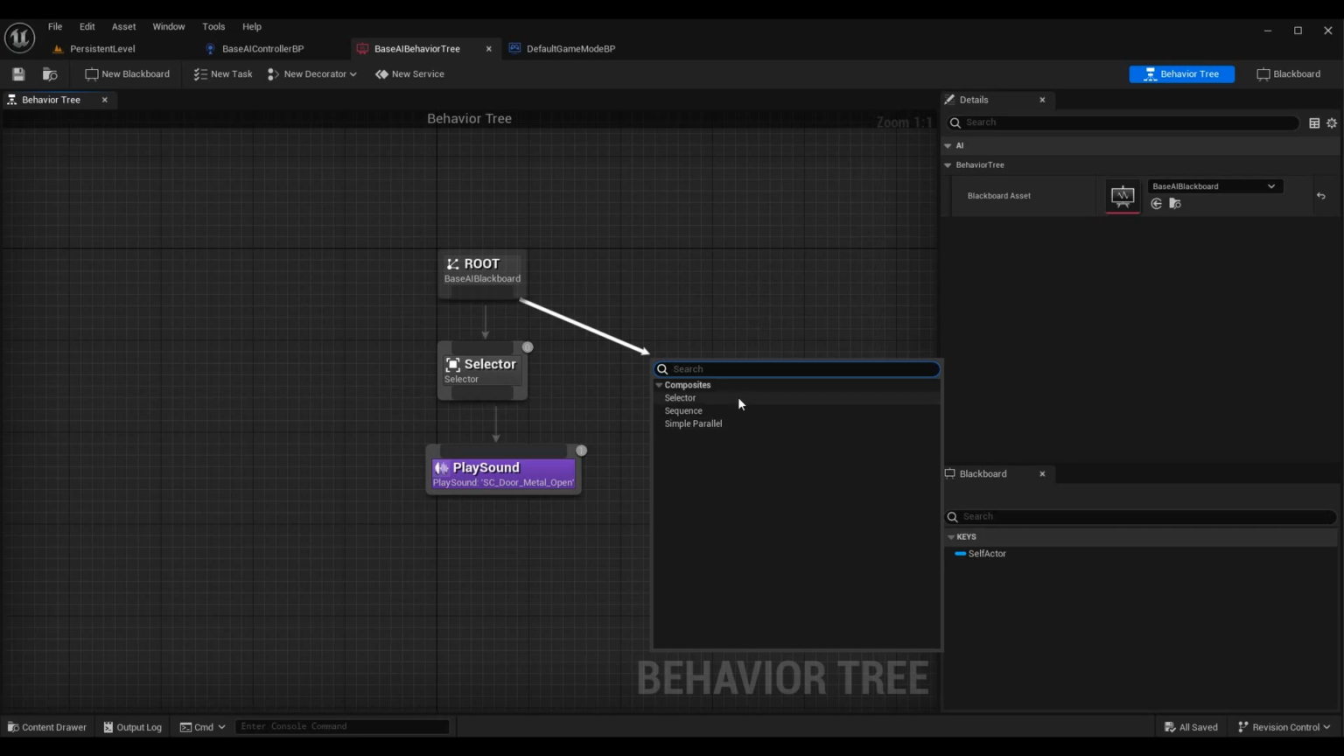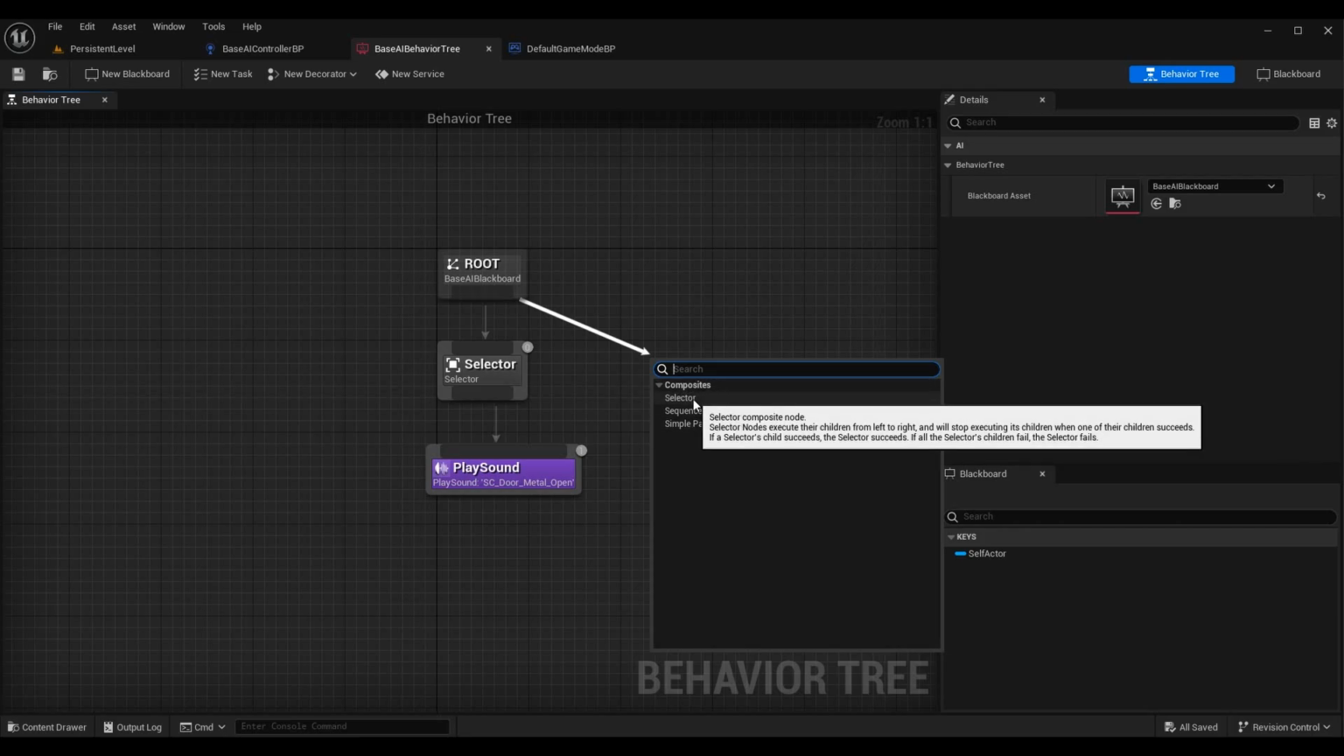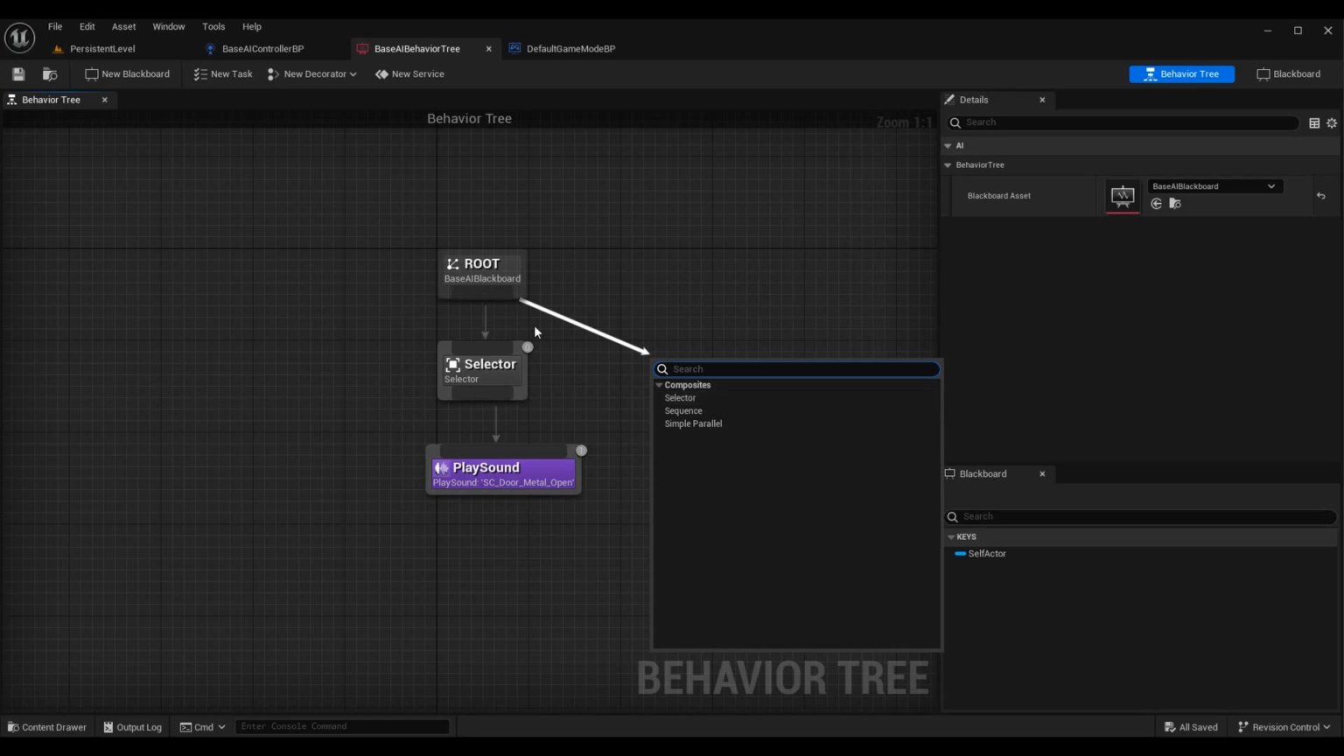I'm going to select a selector. Quick overview of what these are. They're all commented, so you can highlight over them and see. But a selector is going to execute from left to right, and it's going to stop selecting them when one of their children succeeds. So, for example, if we're trying to perform a task, say we're going to check and